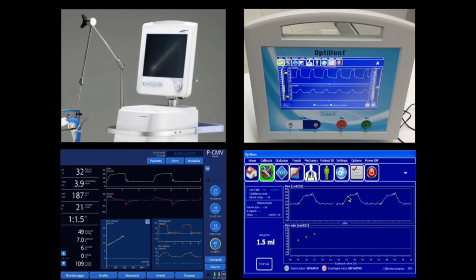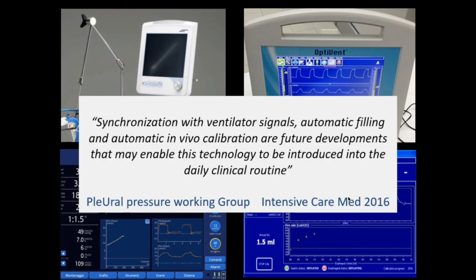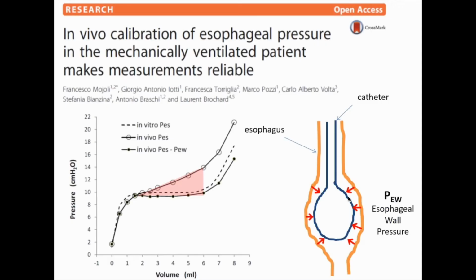Now there are methods like algorithms which can directly do this. So this particular statement for ventilators or monitors which have these features has already said that there must be synchrony between the ventilator signals, automatic filling and automatic in vivo calibration in future technology, so that this can be used well in clinical practice. However, it is not something that we need to always rely on algorithms. We can do it